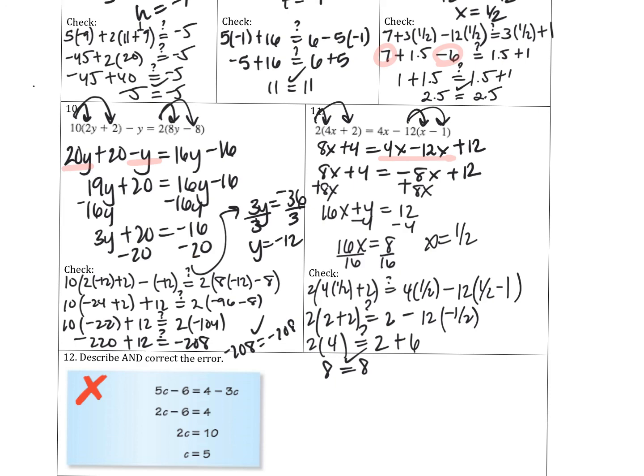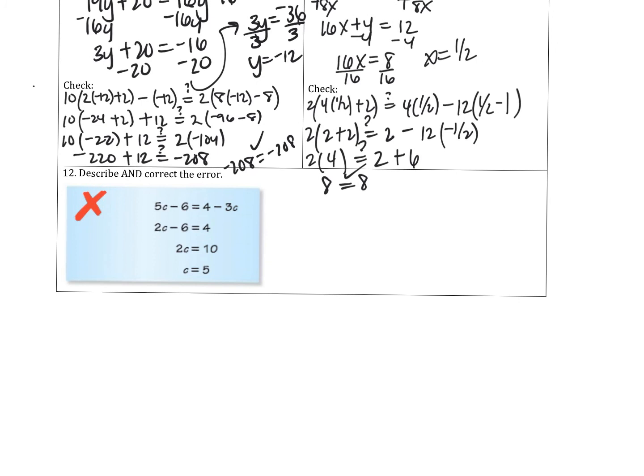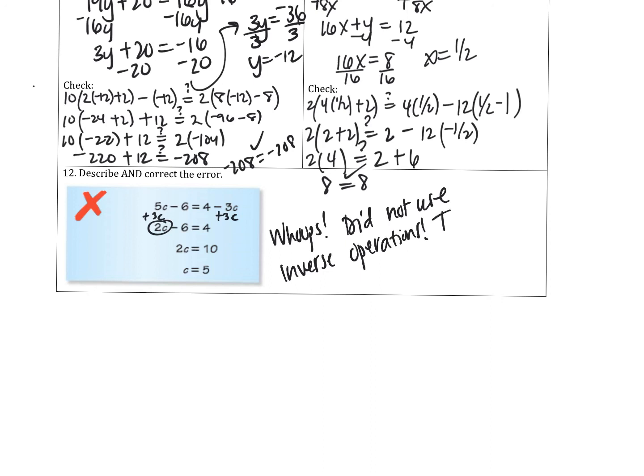Last question. Describe and correct the error. Okay, so 5c minus 6 equals 4 minus 3c. All right, looks like we tried to move the c over. So we would want to do the opposite, which would be add 3c to both sides. And we should get 8c. But, whoops, they did not use inverse operations. They subtracted 3c